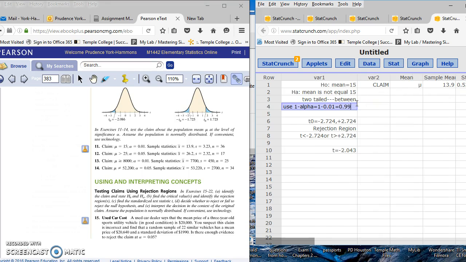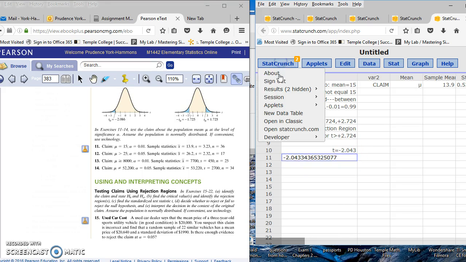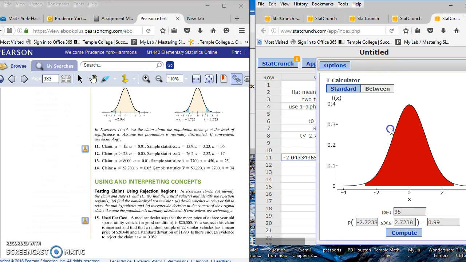And then I'm going to come back over here and down. I'll put it right below there. Control V. So negative 2.043 to 2 decimal places. So when you look back at that T calculator and you compare